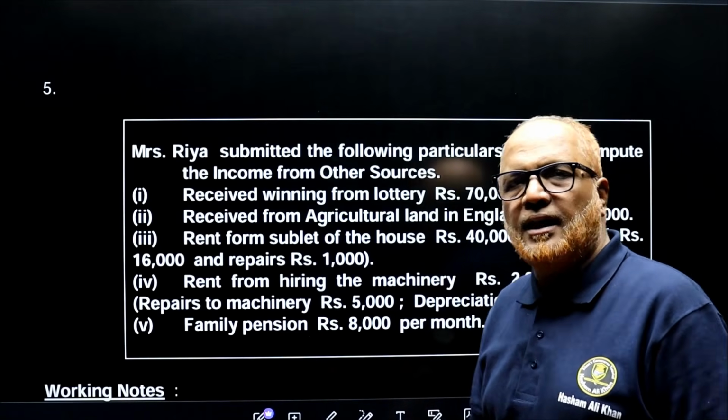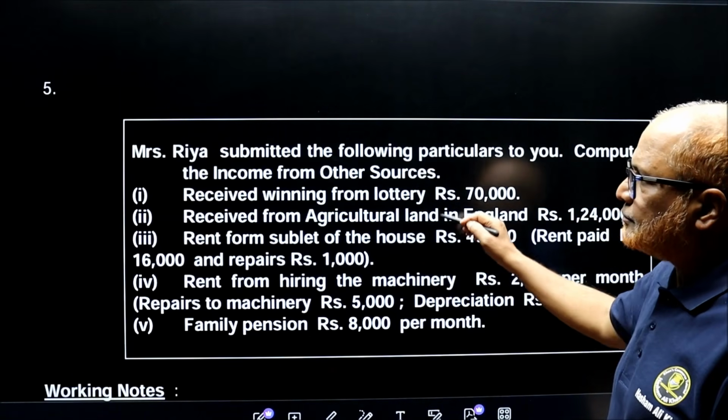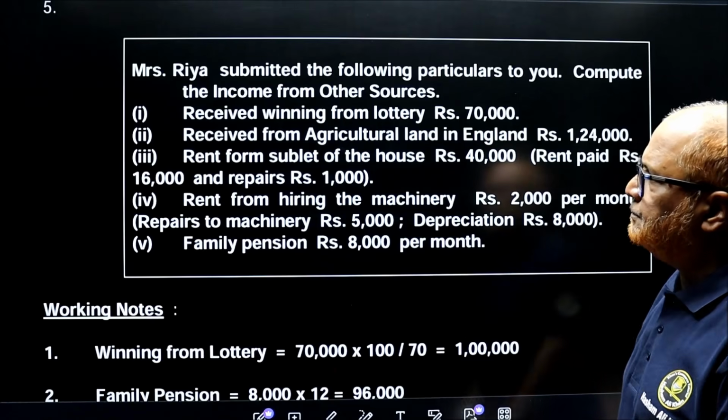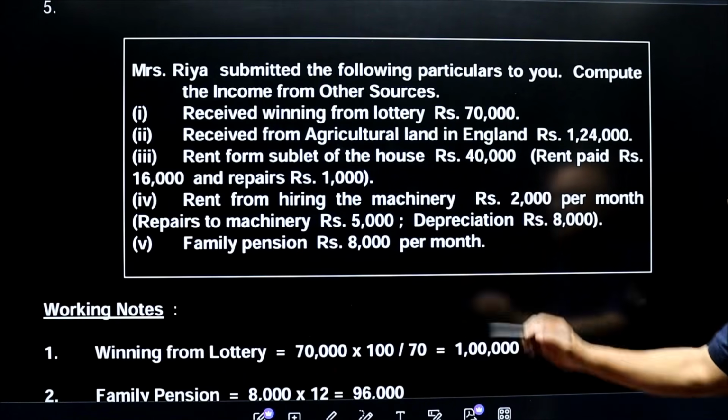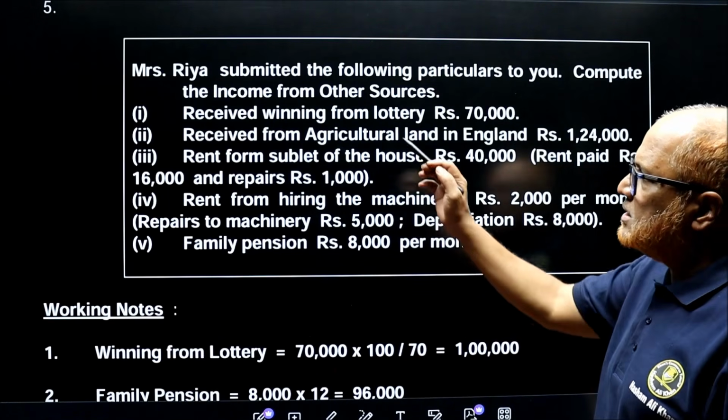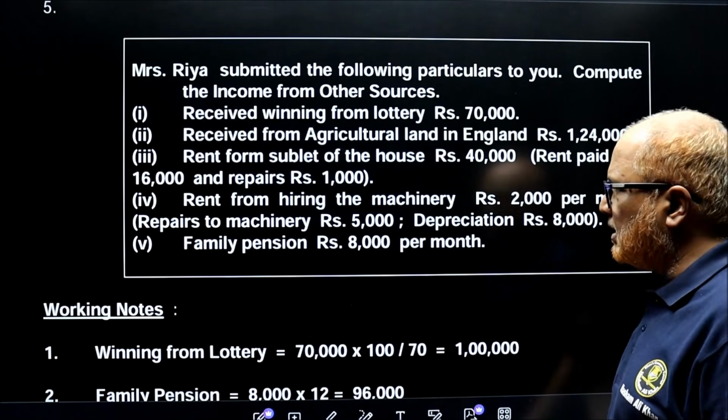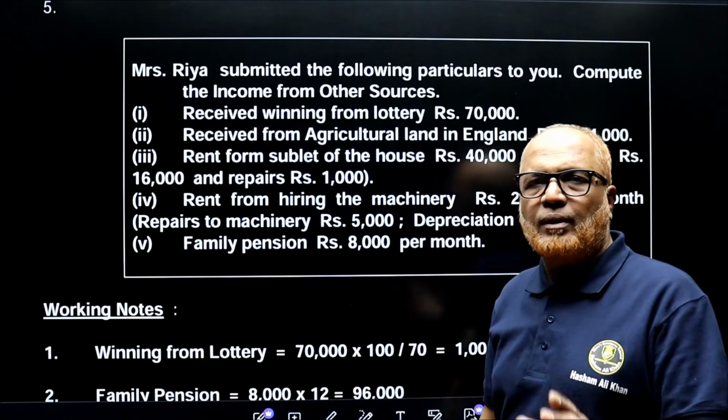Now we'll start the next problem number 5. Mrs. Ria submitted the following particulars to you. Compute income from other sources. Received winning from lottery 70,000. The winning from lottery,